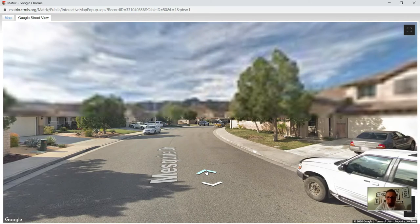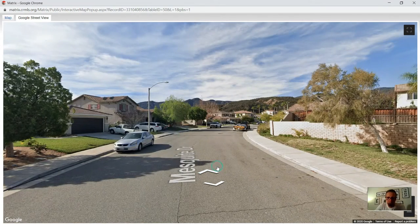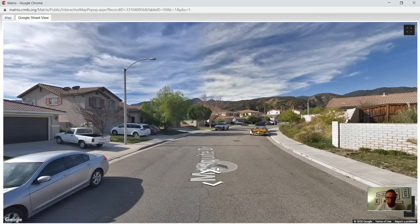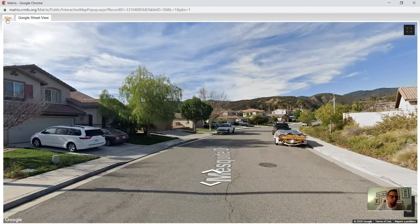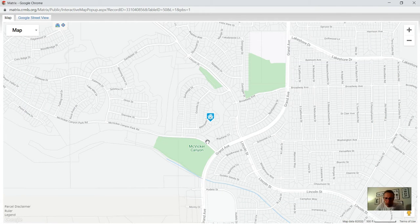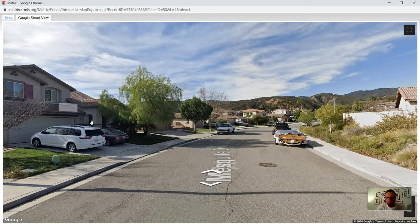You could see if there's pride of ownership in the neighborhood, which I can tell you this neighborhood really does have. You can see if there are chain link fences. Or let me go back to the other map. If you were looking at a house that's right here, you'd go, well, Grand Avenue looks like a pretty big street. Maybe I don't want a house on a big street. You might even be able to see, in both of these views, power lines and other things that,